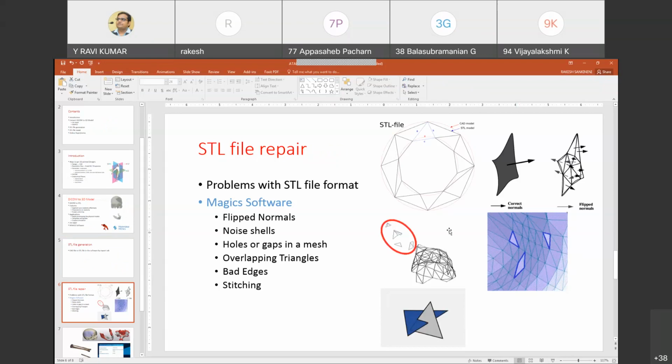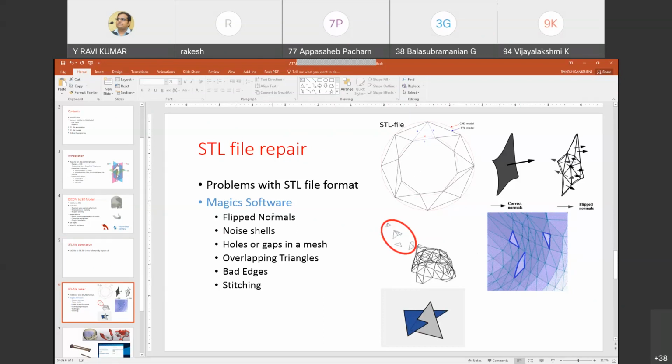Sometimes it will not open and it will have errors. If you are creating a circle, it is approximated with triangulated data, and sometimes the triangles may not be formed. At that time, errors will occur.